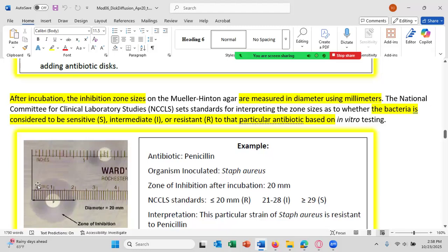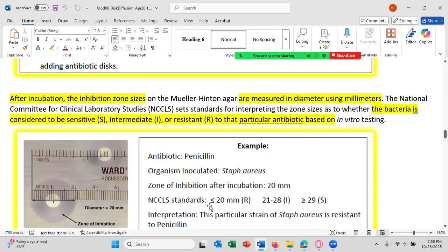And each bacteria will have a different size, and each antibiotic will have a different size as well. So, for example, the NCCLS has said for the bacteria Staphylococcus aureus exposed to penicillin G,